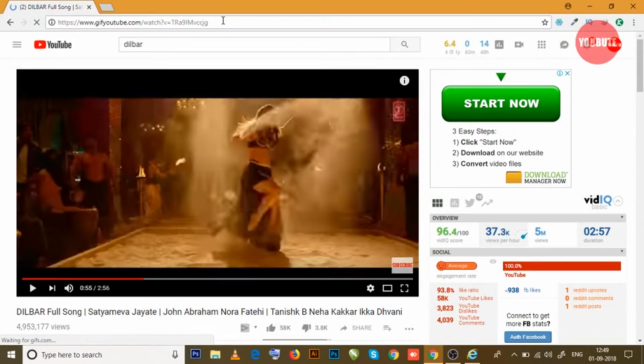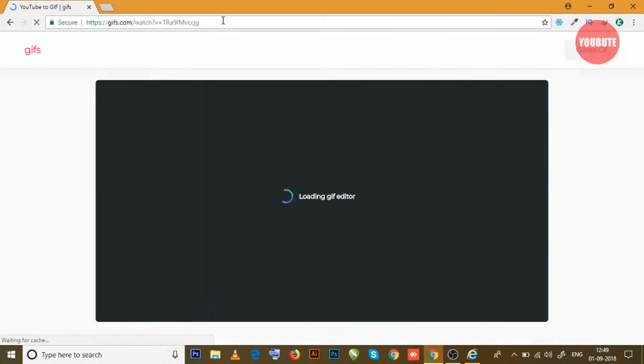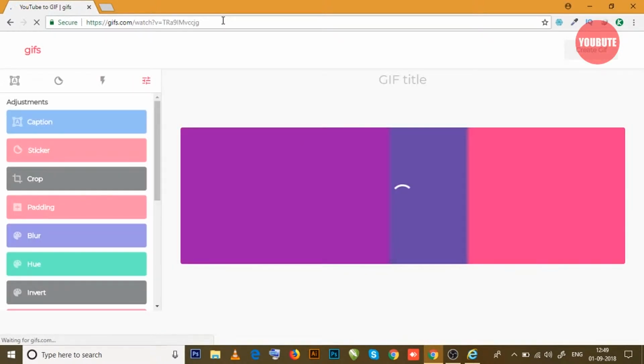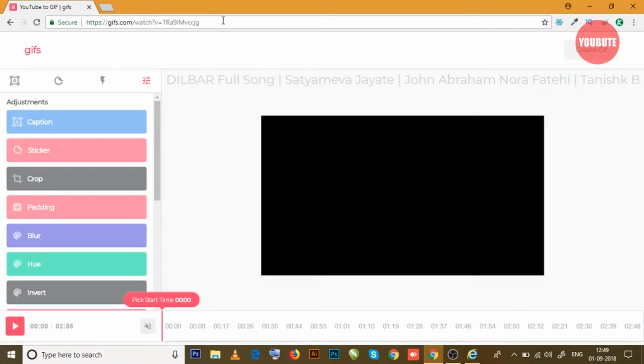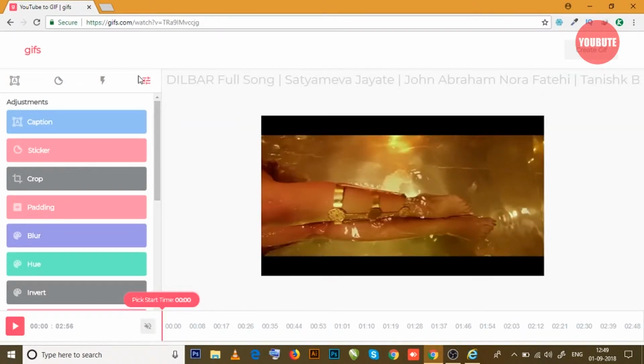After that, the whole YouTube website will be redirected to gifs.com, that is GIFS.com, and it will process your video and will create a timeline at the bottom,